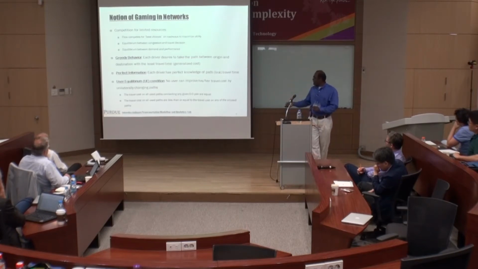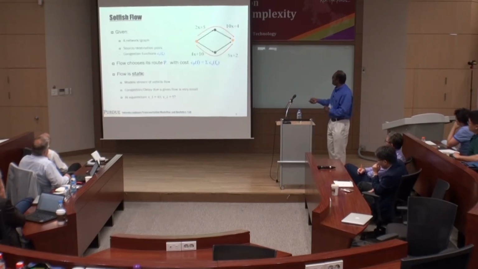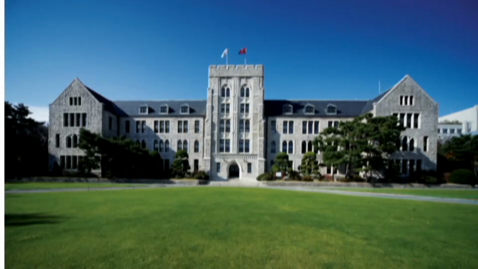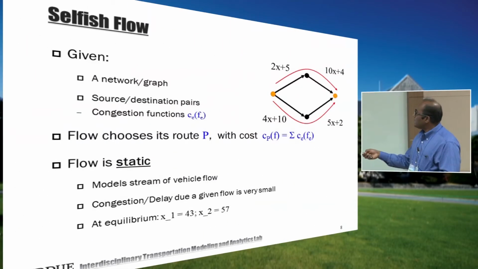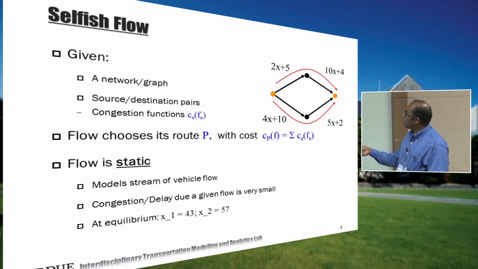Okay? That's the definition of user equilibrium. So let's take this very simple network. Maybe this is home, this is work, and there are two roads by which you can go from home to work. And each link has a cost. So the cost on this link is